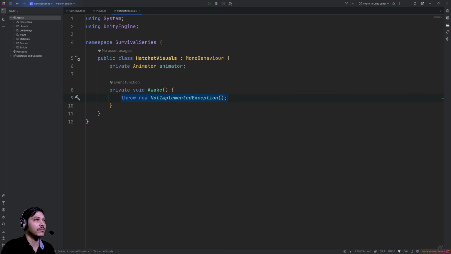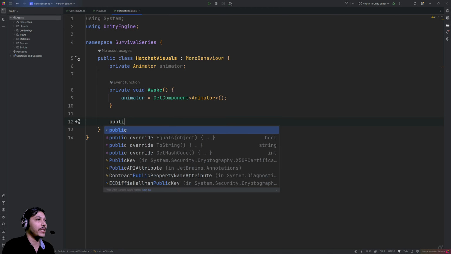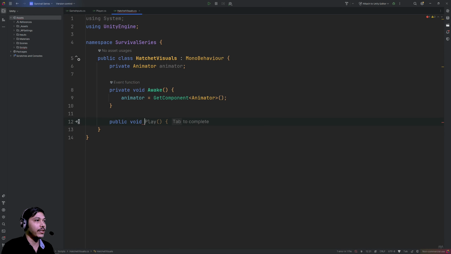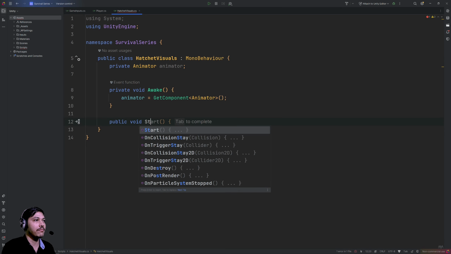So animator equal get component of type animator. Now to change the state from idle to strike, let's create a new method. And we will call this method from outside this class. So public void, let's say strike,